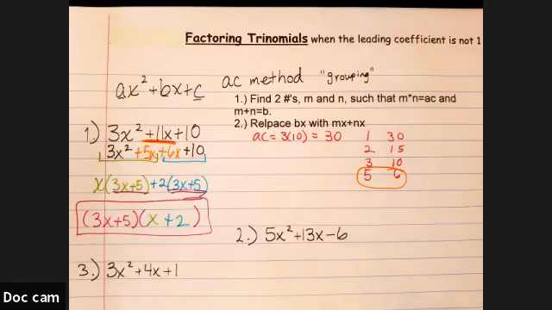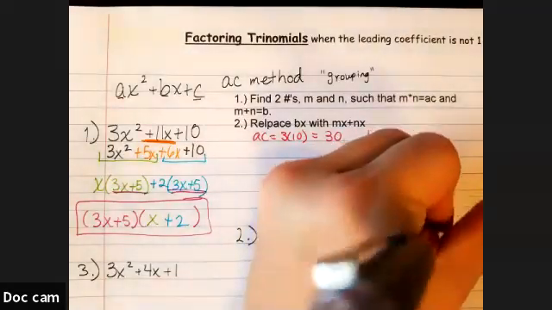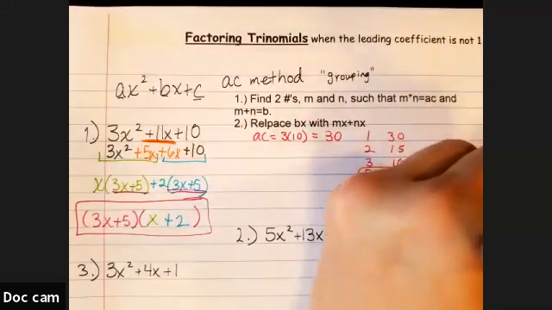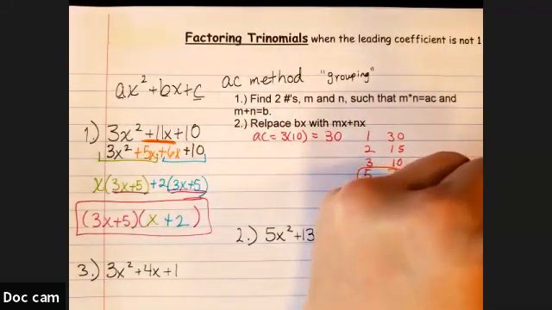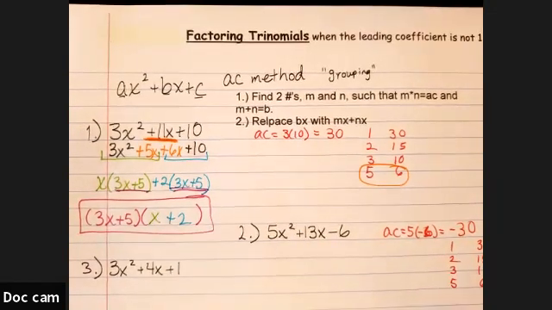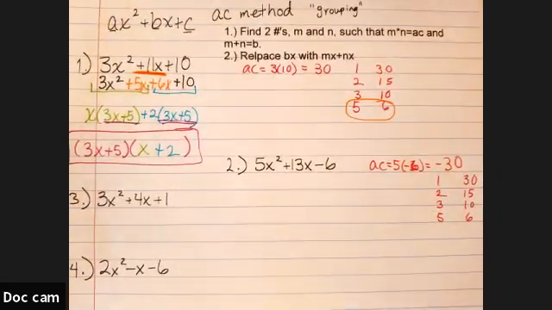So again, if we did the AC method, 5 times -6 equals -30. So again, the list of things that multiply to 30. Same thing we just did earlier. All right, so we're looking for 2 numbers that multiply to equal -30, but add up to equal 13. So if they're going to multiply to equal -30, they have to be opposite signs,